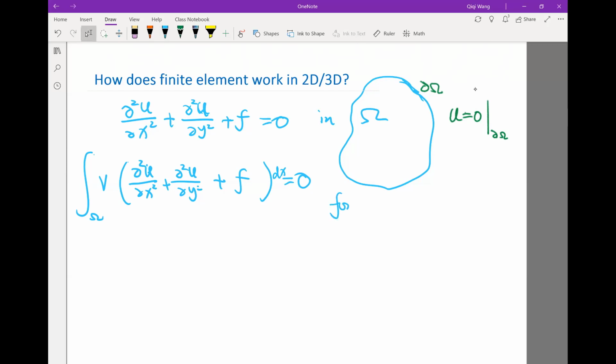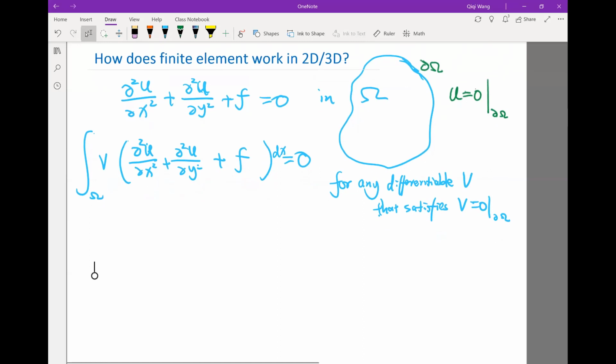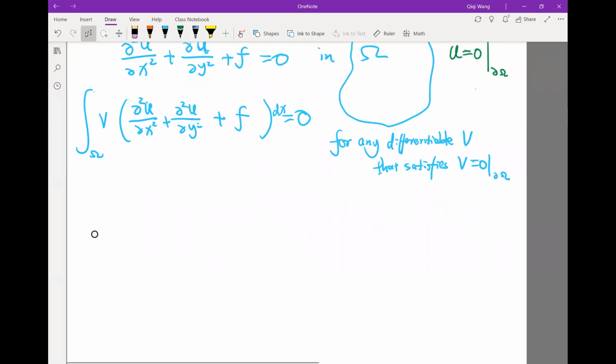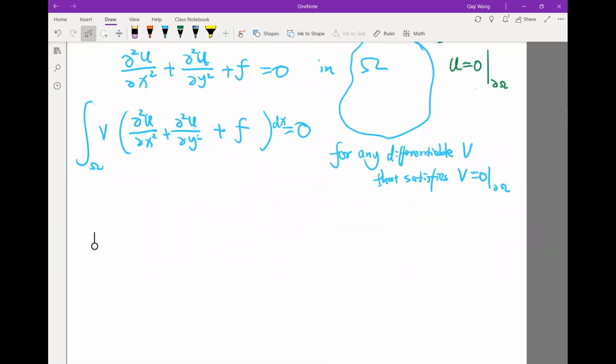And it should still be 0 for any differentiable v that satisfies the same boundary condition, v equal to 0 at the boundaries, right? Okay, so now we have